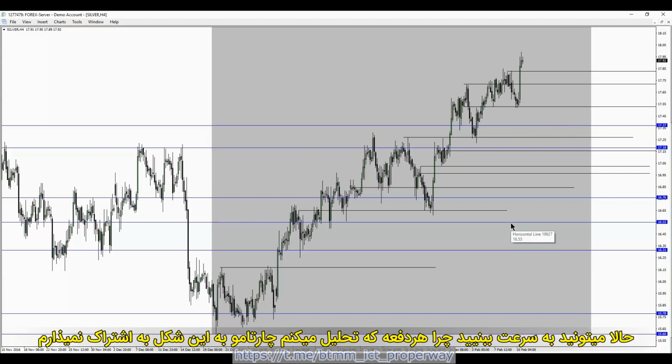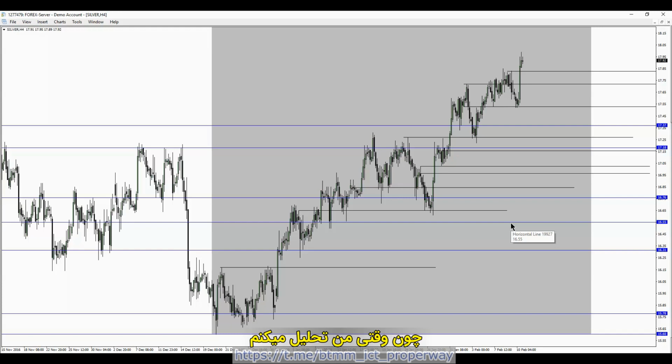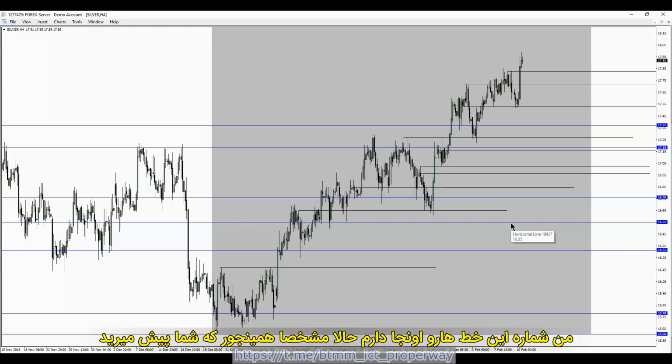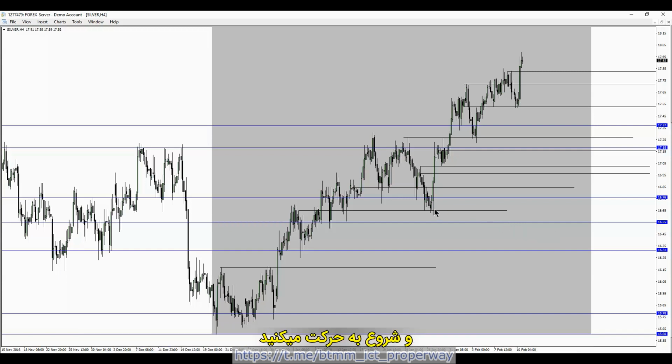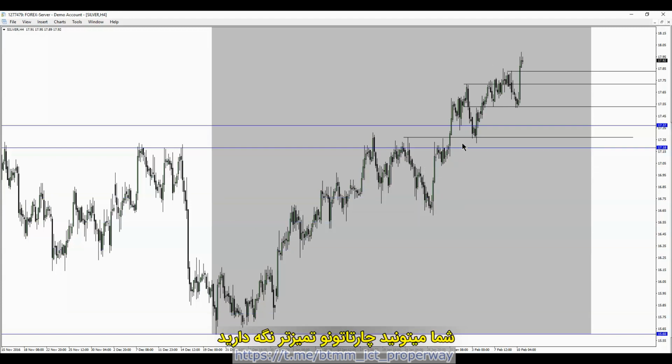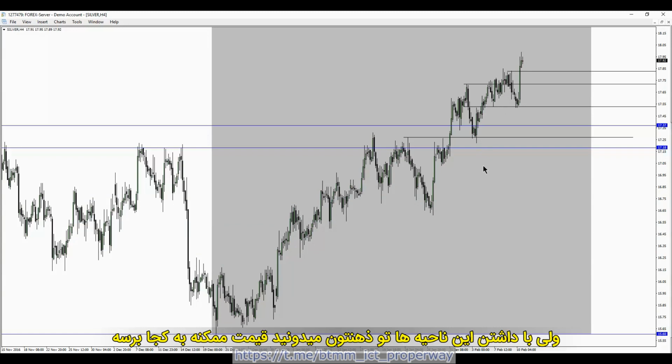Now, you can see quickly why I do not share my charts like this every single time I do analysis, because when I do my analysis, I have this number of lines on there. Obviously, as you go through and you start moving away, you wouldn't have this or any of the other levels below it. You can keep your charts rather clean and keep the most close proximity levels on your chart. But by having these levels in mind, you know where the price may reach for. And when you go back and you watch all my old stuff, even back when I was on Babypips, when I was saying that I was expecting a certain level to be sensitive,